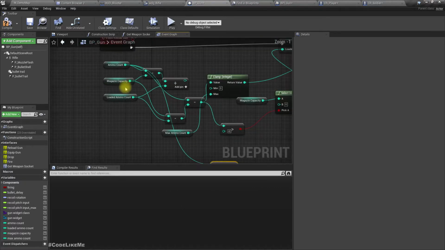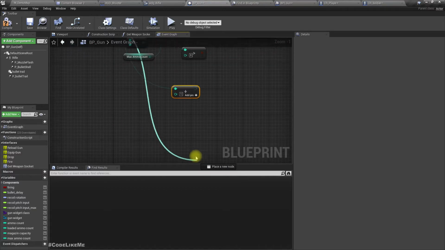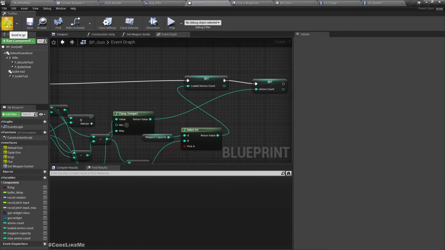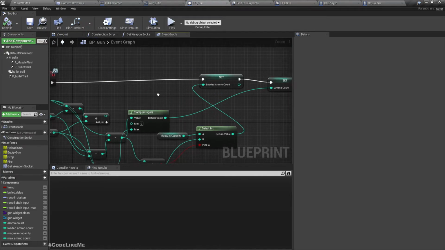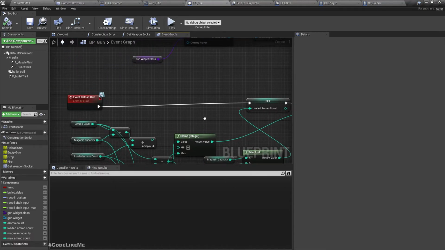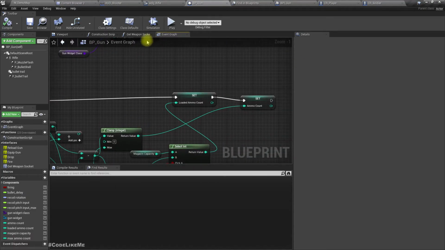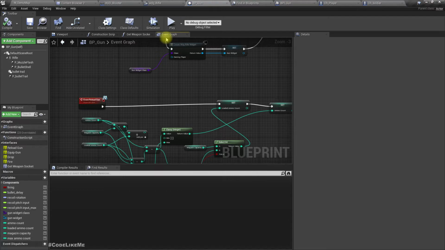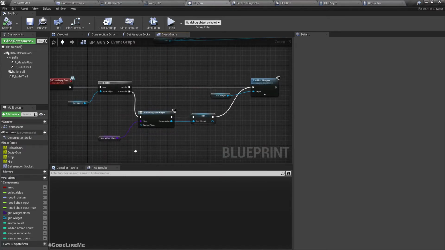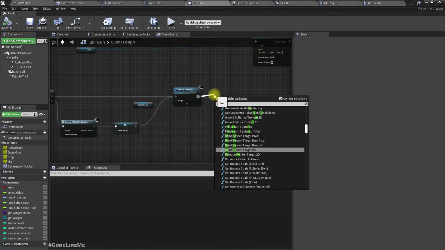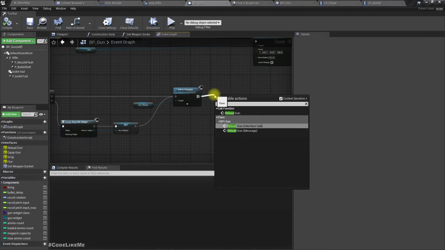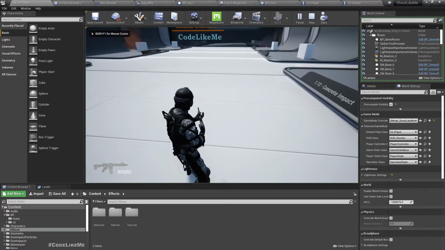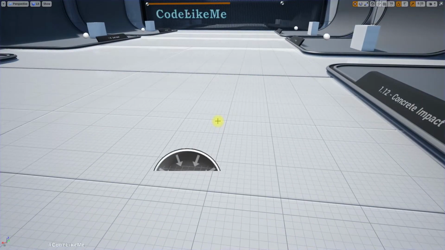plus the whatever left in the loaded ammo count. Alright. And when we equip the gun, let's call reload as a we need to actually